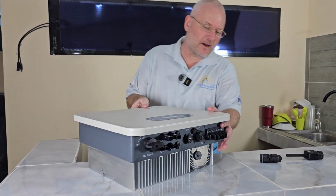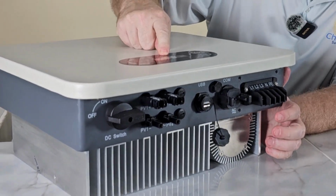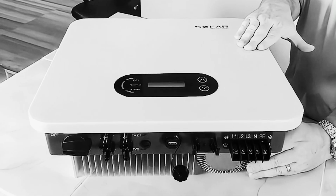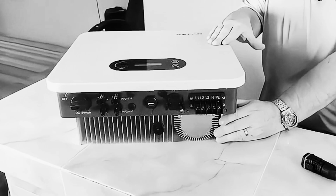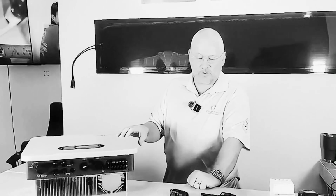As you can see here, we have a nice heatsink, we have nice features, we have a small screen, and the efficiency is really good, 98% efficiency. So the loss that this inverter has is actually very little. So it's a great inverter, but of course, because the price is much lower, you're going to be having some